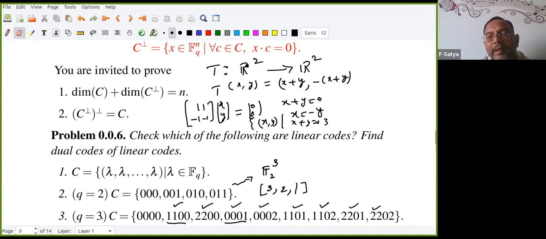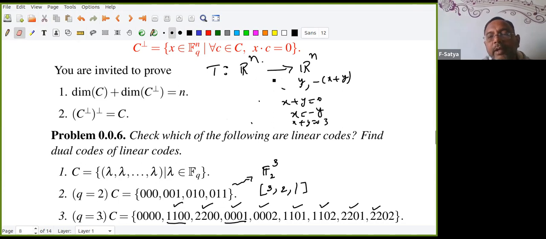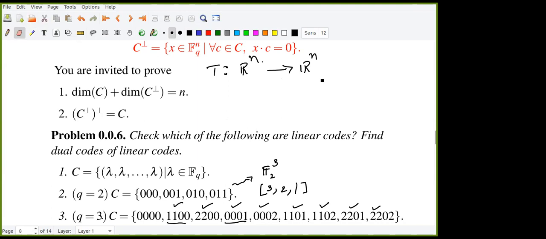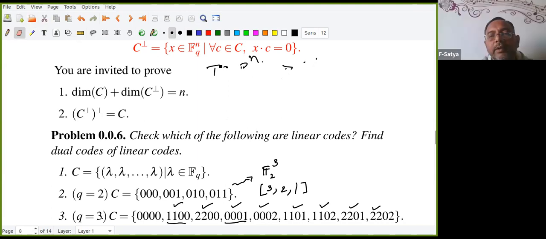I'm not asking you to tell the answer. Suppose I have a linear transformation from F^n to F^n, and I'm telling you that the null space is equal to the range space. Then for what values of n does that happen? That will help you in future in this course also. We have the rank-nullity theorem that may help you. You remember the rank-nullity theorem? That will help you say something about n.